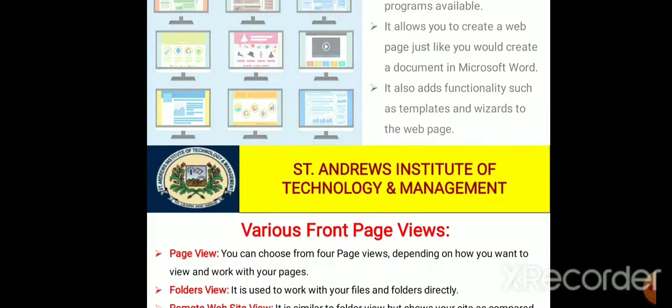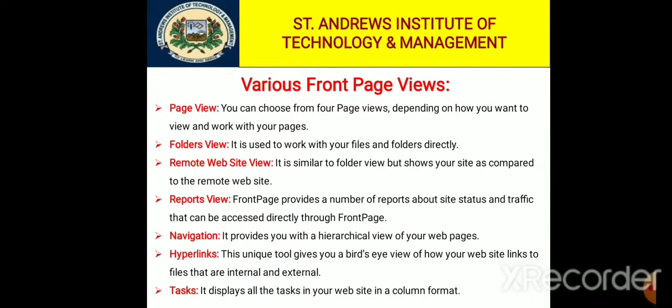In the next slides we are discussing the various FrontPage views. In Microsoft Office FrontPage 2003 there are several ways you can look at the content on your website as you create it. By using different views of your pages as you design, publish and manage your sites, you can make the whole web creation more effective.